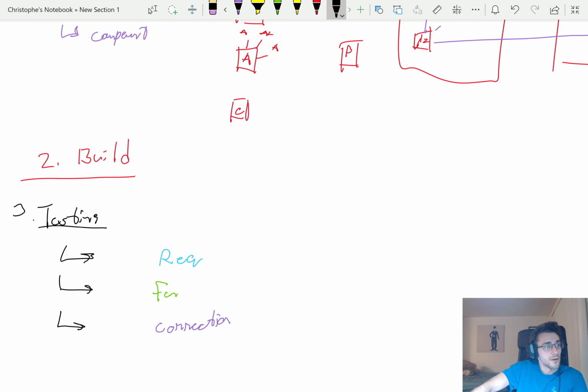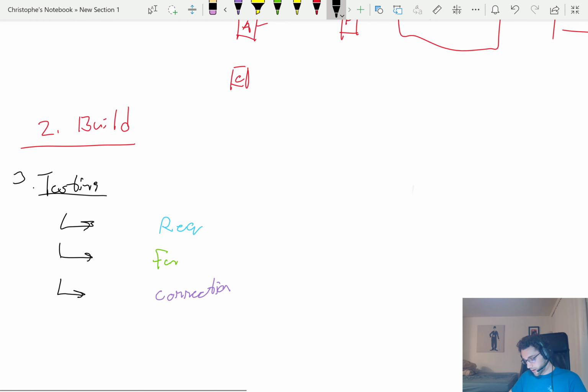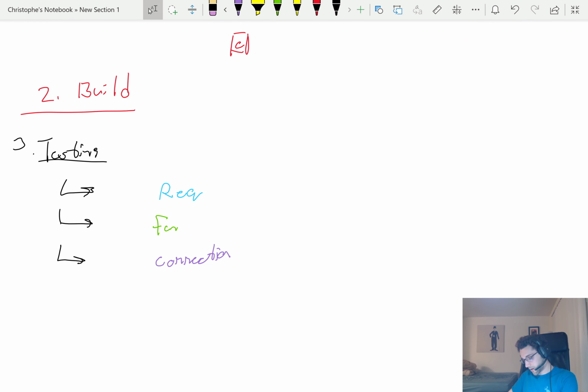So there are, I want to say, two different ways that you can test a system. Now, the way that I like to do it is you can do tiered testing or meticulous testing. Now, when it comes to tiered testing,